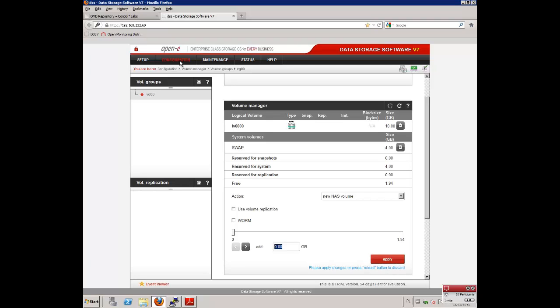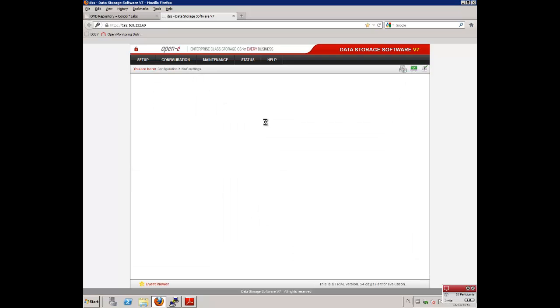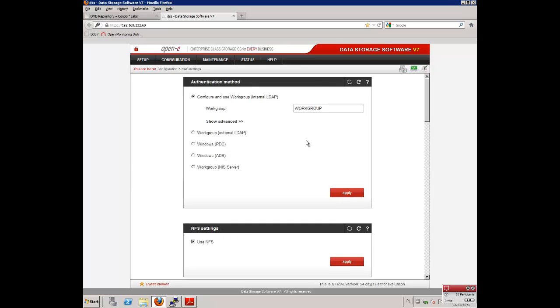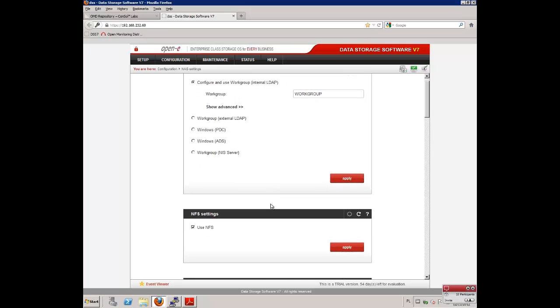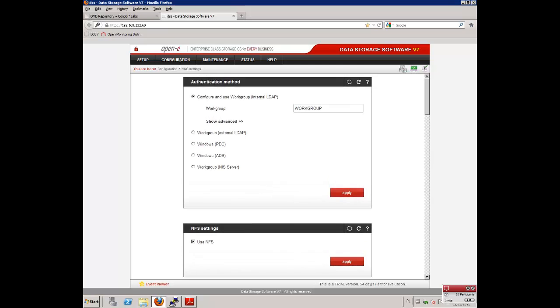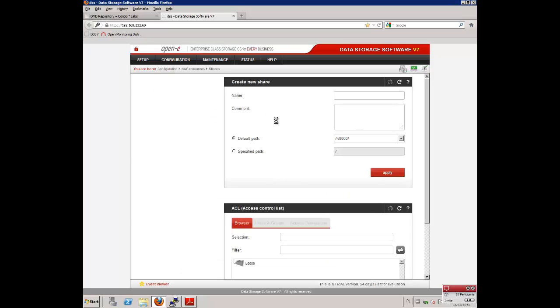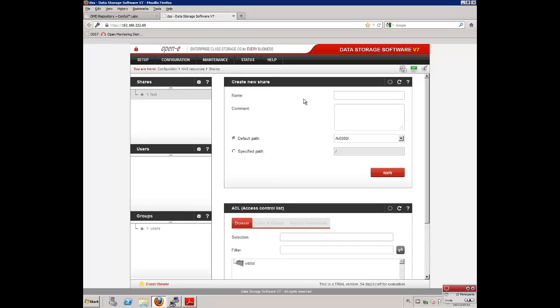After the volume has been created, we need to enable some additional services. Due to the fact my DSS has no Samba client, I will use NFS. So I have to enable NFS in NFS settings, which has been already done. After creation of the share, which can be done in NAS resources,